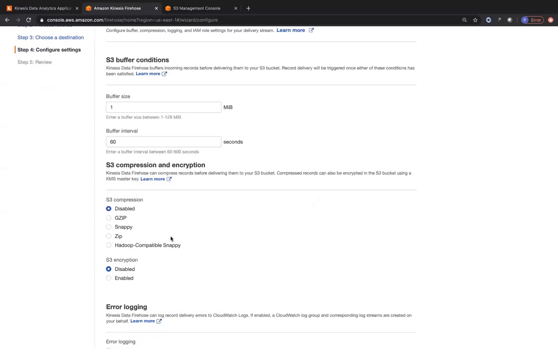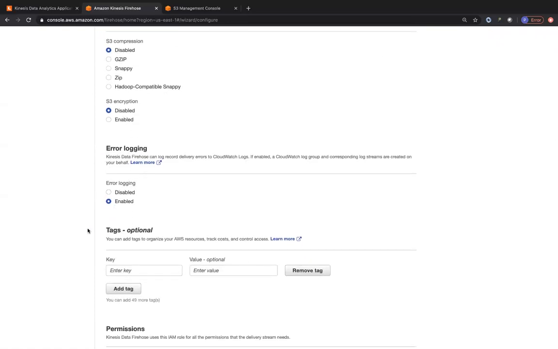So you can choose the S3 compression format, whichever format you want to go with. Right now I've disabled it, but you can go with zip or gzip or any other compression format, because once your data is residing in S3, you can do any other kind of pipelines from there. As and when data arrives in S3, you can trigger a Lambda function, which can do multiple other things, or probably send out an SMS notification, or send it out to an SQS queue. And from your SQS queue, you can again subscribe a Lambda function in order to do some other processing. So there are so many different combinations when your data is entering into S3, right?